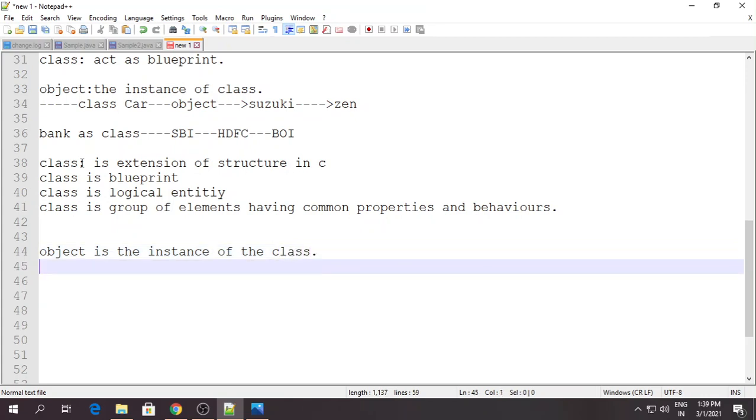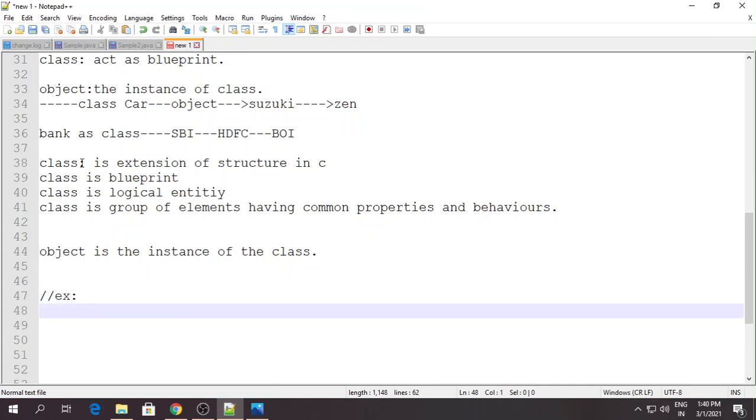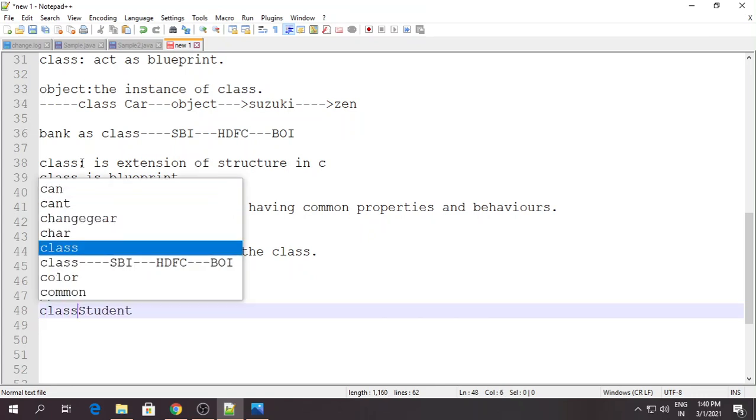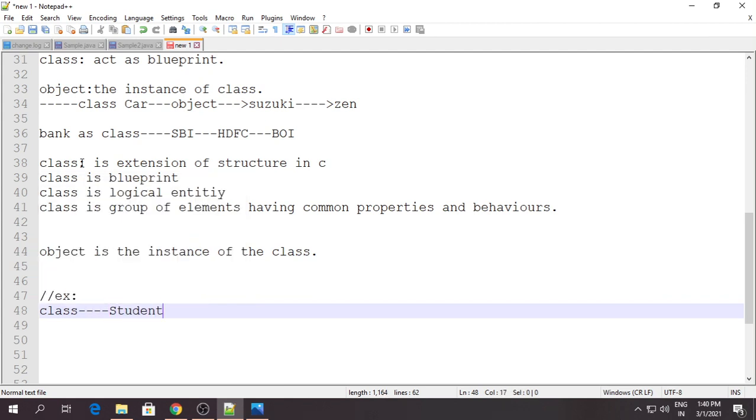Fine. We'll try to do a small exercise. Suppose we consider student. If I am talking about student, and I consider student as a class, then what will be the object?